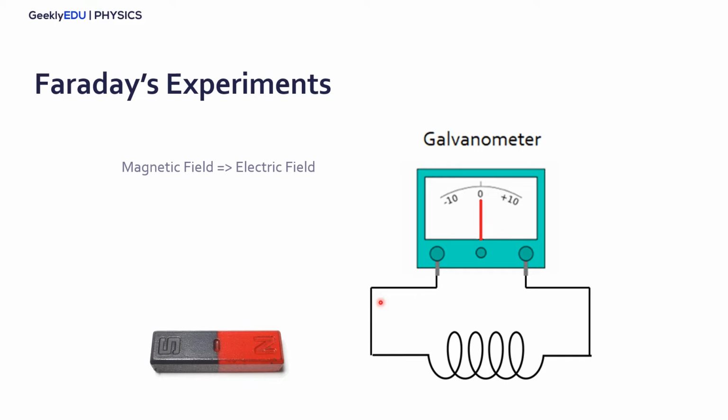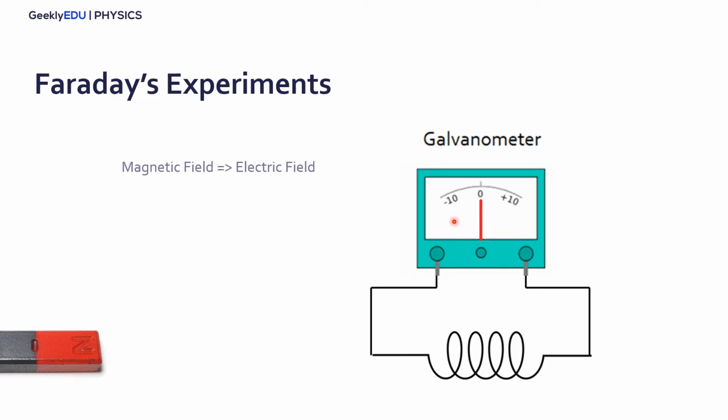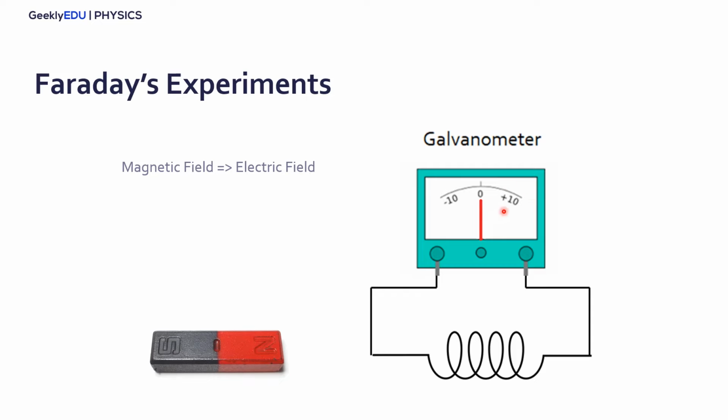He then moved the magnet away from the coil and he noticed a small peak in the current. It was weird. So then he tried to move the magnet closer to the coil. And again, he noticed another peak in the current over here, but in the opposite way. He was thinking about it and tried to make some more